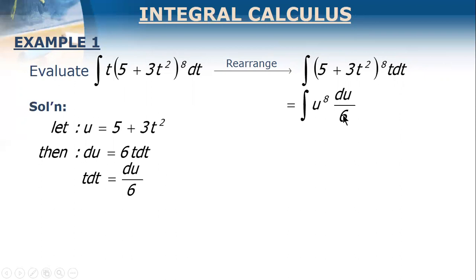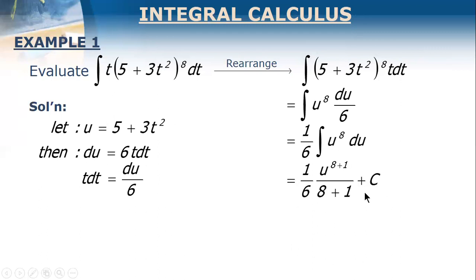And then first property of anti-differentiation, if you have this constant, you can place it before the integral. So we have this one. 1 over 6 integral of u raised to 8 du. And using the power rule, this one, and then okay, 8 plus 1, 9, 1 over 54, 9 times 6, 1 over 54. And then your final answer is